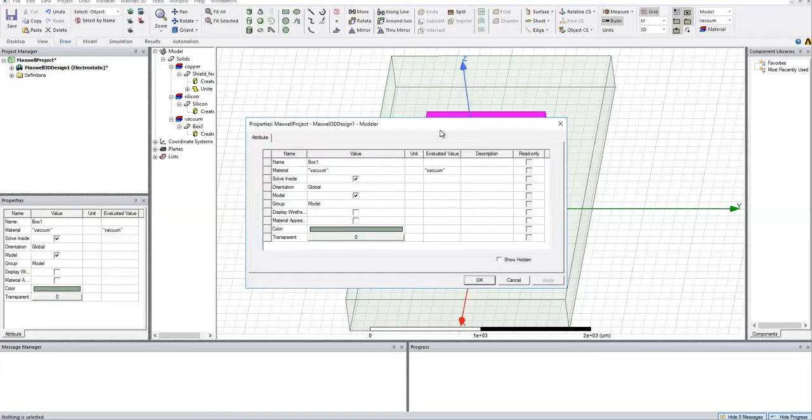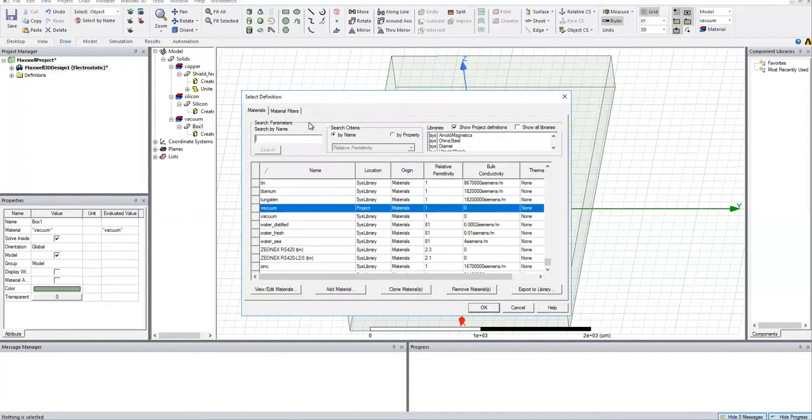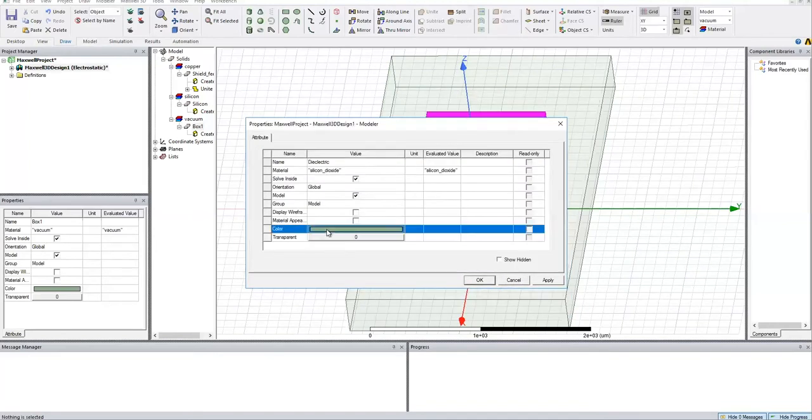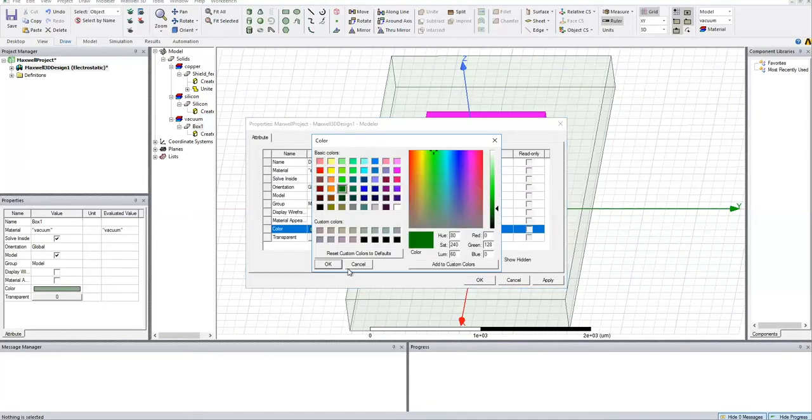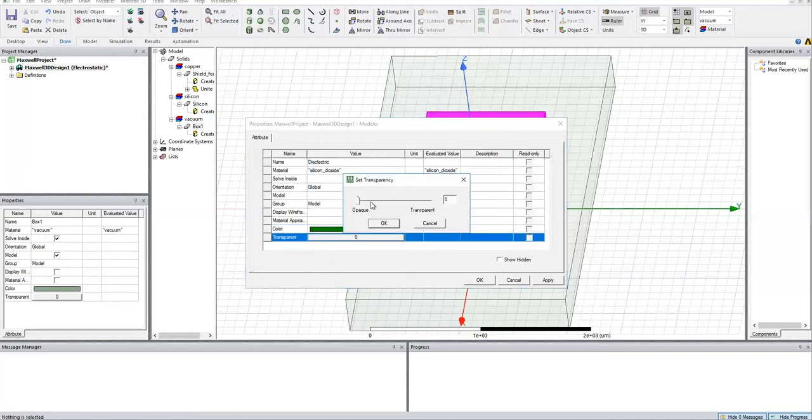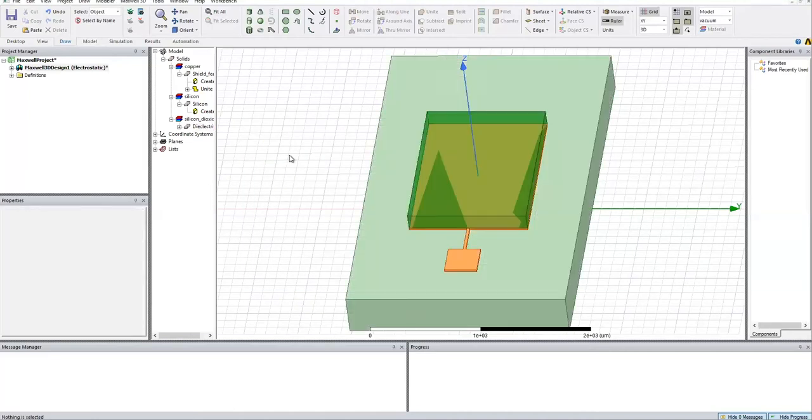So here is our dielectric. Now you can change the name and also the material. For the dielectric, we are assigning the material, which is silicon dioxide. You can change the color and transparency accordingly.